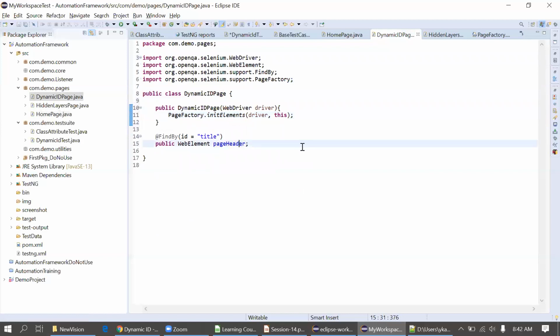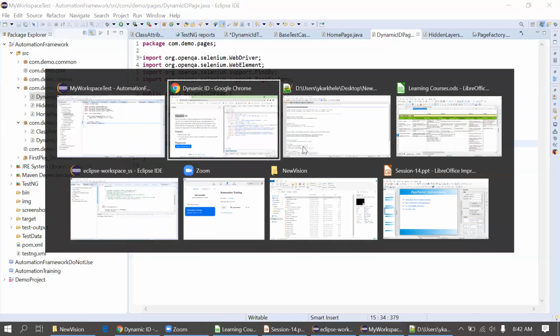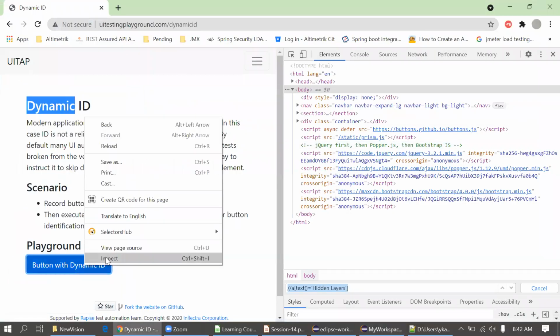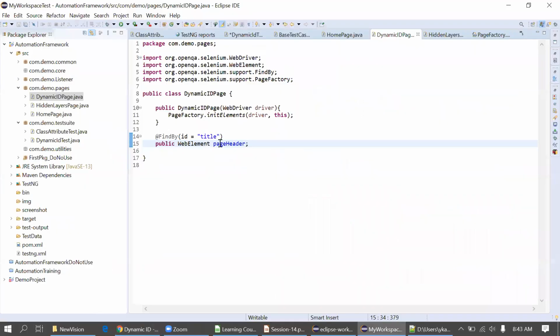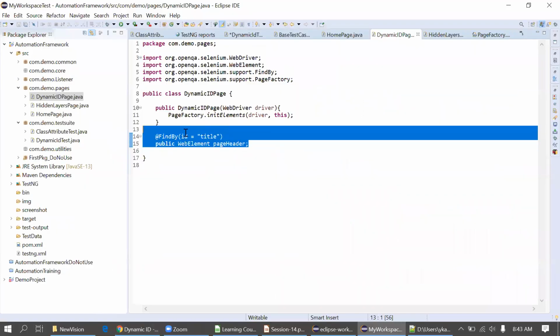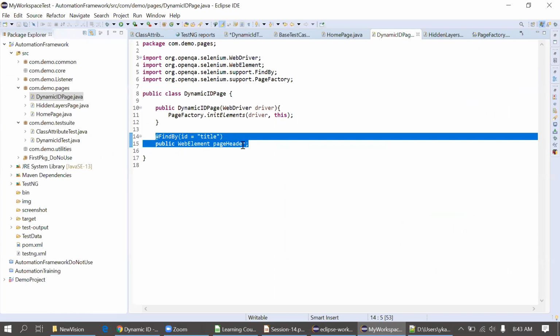Okay, so I'll simply create a locator for this button, the button with dynamic ID page now. Button, then text is fine. Then I'll just simply put the text in single quotes. Before that, I will just copy this.